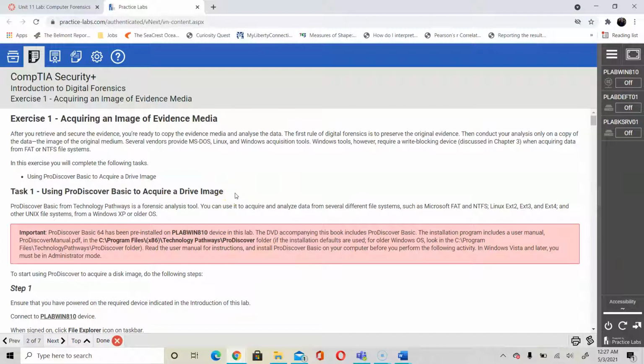When we acquire a system, we don't analyze on that system, but we make a copy of that system image, and we would use a tool like ProDiscover. This is one of the tools. There are other tools that will be available. Here they tell you that it has been installed on the device,